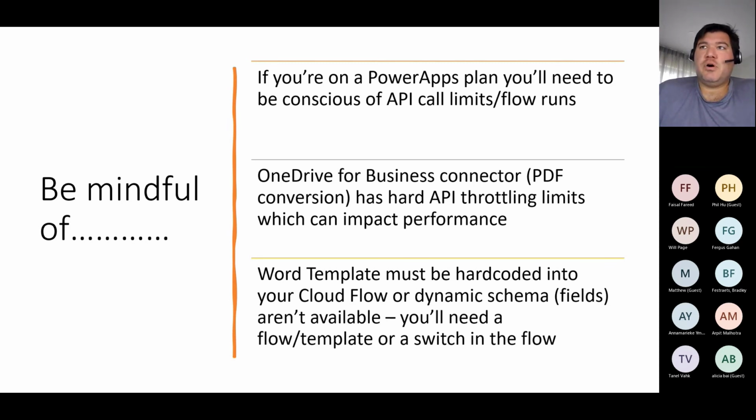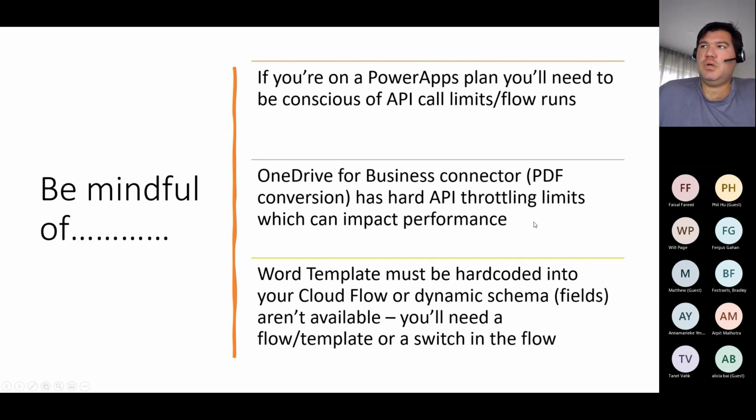And then lastly, as I've called out, the Word template must be hard-coded into your Cloudflow. There's no way to pass it dynamically at this stage, as it needs to generate that dynamic schema. So you'll need to create a separate flow for each template. Otherwise, you'll need to handle that via a switch in your flow if you're able to. If you've got attributes in your model-driven app that would allow you to do that, then you'd need to handle that via